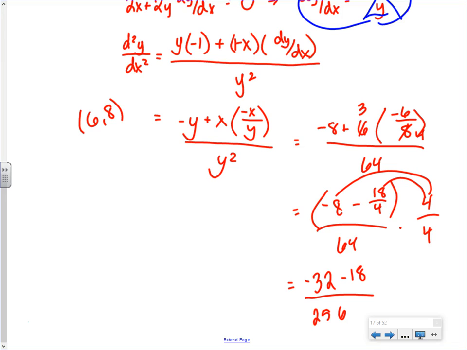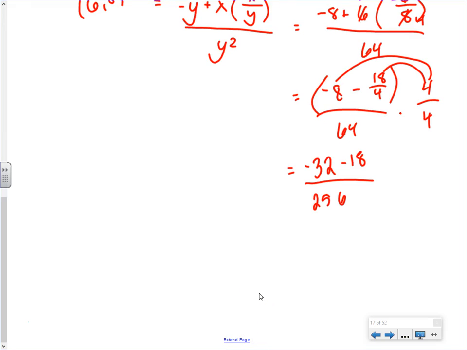And then we have negative 32 minus 18. Ah, stink-a-dink. That ended up being negative 50, right? And some of you might do some factoring and stuff to not have to do these big math facts, but either way we have to reduce, we have to simplify somehow. 5 won't go in, 10 won't go in, 2 will go in. Anything better than 2? 4? No. 2. Alright, so on top we have a negative 25, and on bottom we have a 128. And the final answer is,